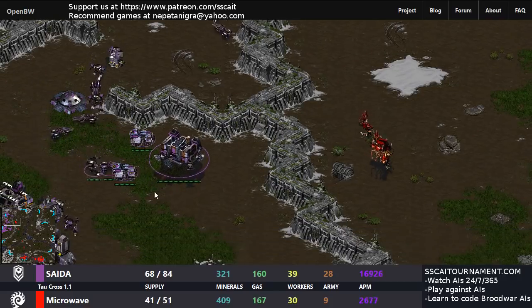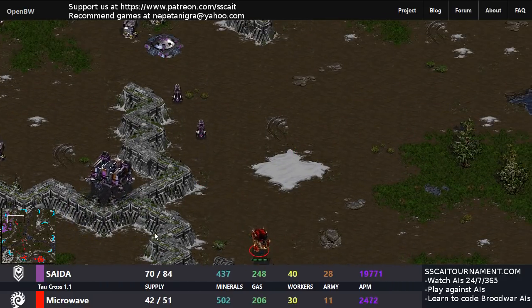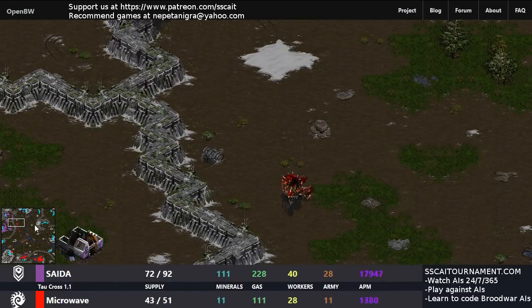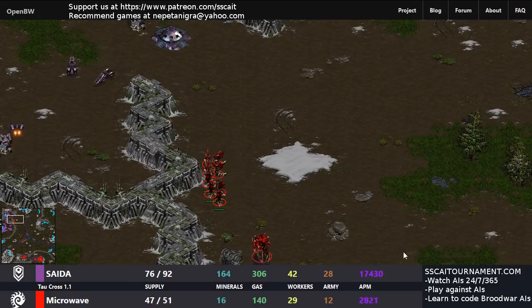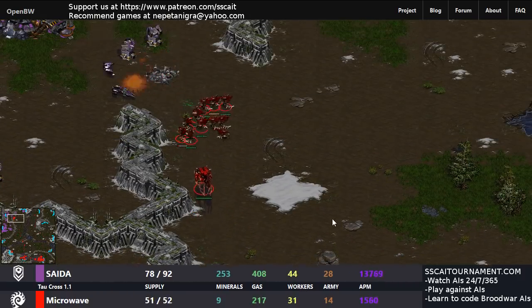Because the barracks are still over here, the Hydras take one full in the snout. And Seda is going for a third, which Microwave might easily stop with a handful of Hydras. And Seda, Microwave's taking a third as well. So there you go, the Hydras are still clumping up right in front of the Terran base, and oh, take